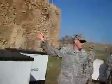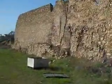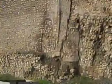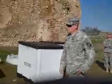Most of what you see was built in the 15th and 16th centuries. And you can tell how it's been built in different stages. Like down here, it looks like a door or a window that's been closed in. Right before you get to that door, there's an inner wall that goes back. I'll try to make sure I point that out to you when we get on the inside. And with that, we'll